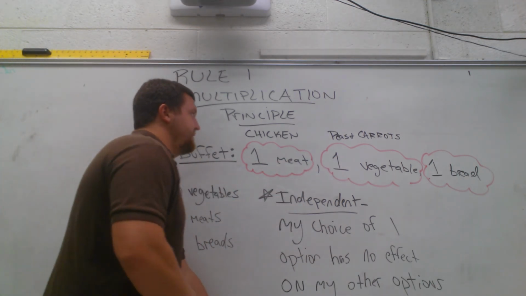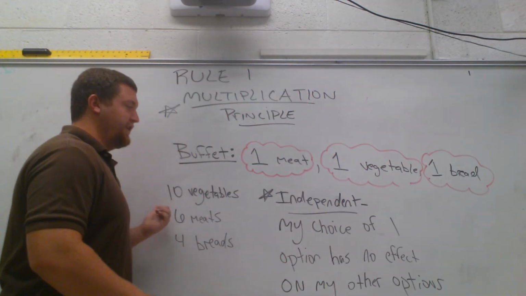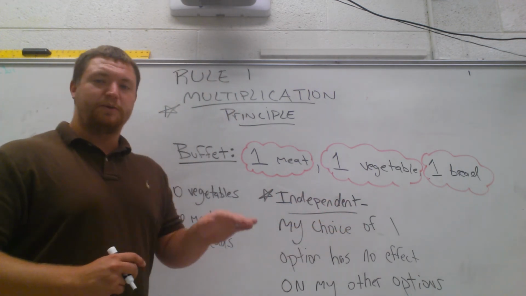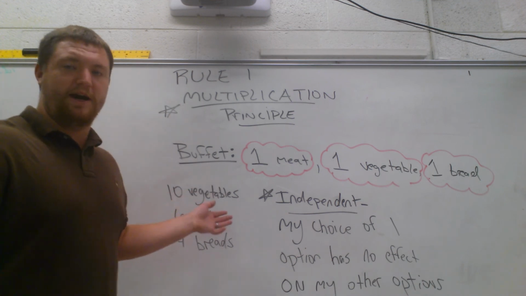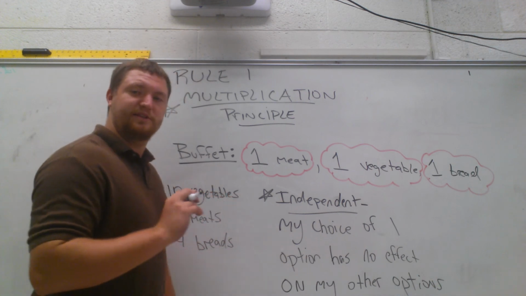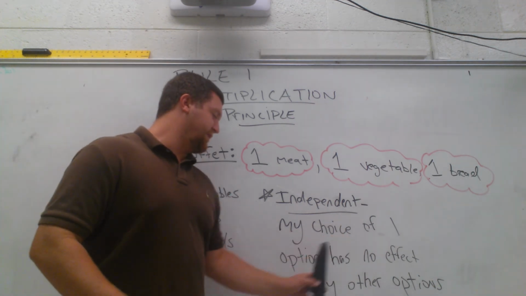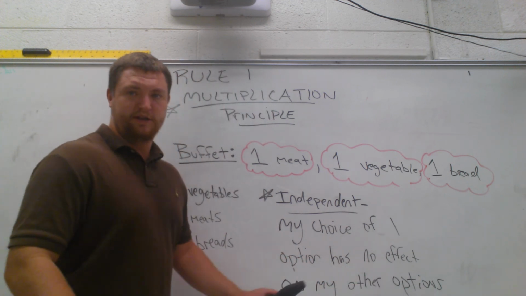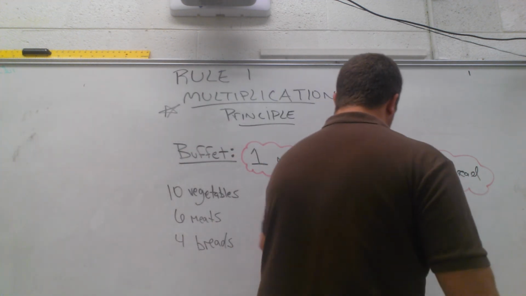But since we're not getting chicken pot pie, we're just getting fried chicken and mashed potatoes, they're independent. They don't determine what you get. So if I get chicken or beef or whatever, it doesn't matter. That doesn't make me have to eat another vegetable. I hope that makes sense. If not, see me today after the video. So that's what independent means. My choice of my meat has no effect on my choice of my vegetables or my bread. It doesn't hurt it or help it in any way. Very important. Okay, so we took out